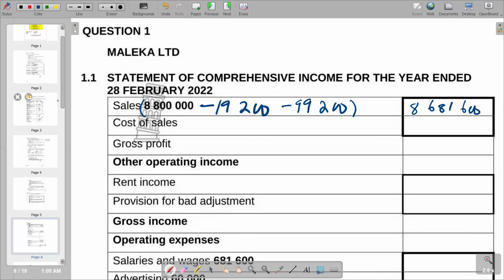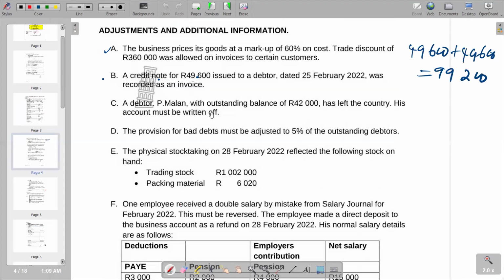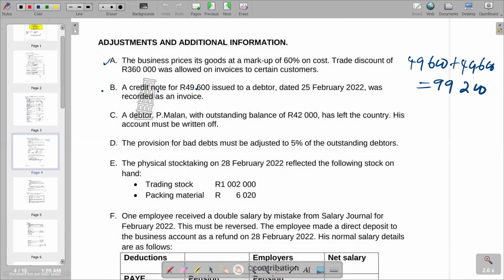Then, if you go to cost of sales now: if you are given a figure for cost of sales in our list of balances, you'll see that cost of sales is given here as a question mark. So basically, it means we have to go to the additional information to see if there is any hint in terms of calculating the cost of sales. If you come to information A,